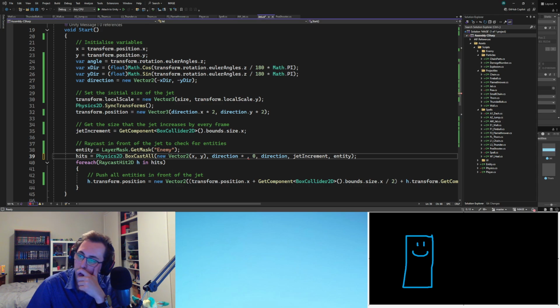Creating a vector 3 will use world space, not play space. So I have to use the third dimension. So this is the X, this is the Y. So if I have a box here and I rotate it around the Y,